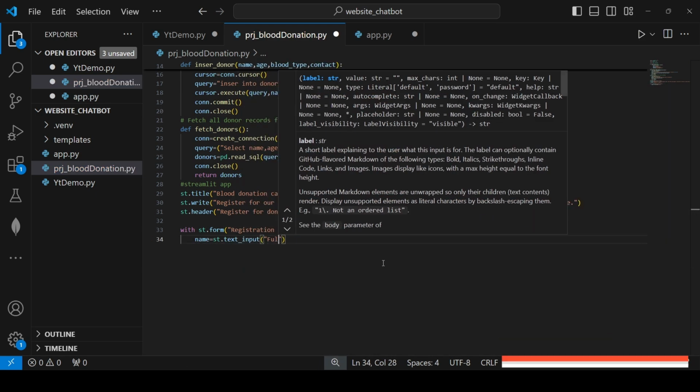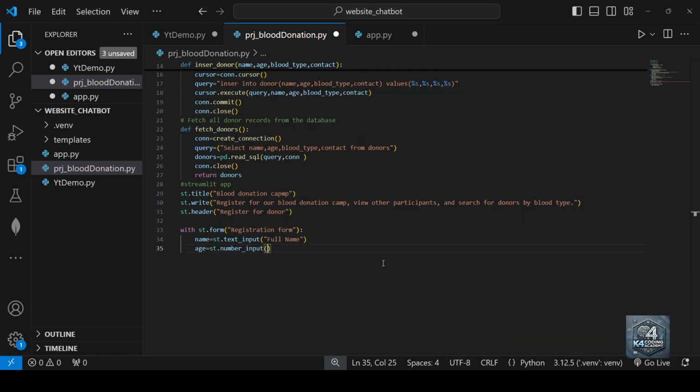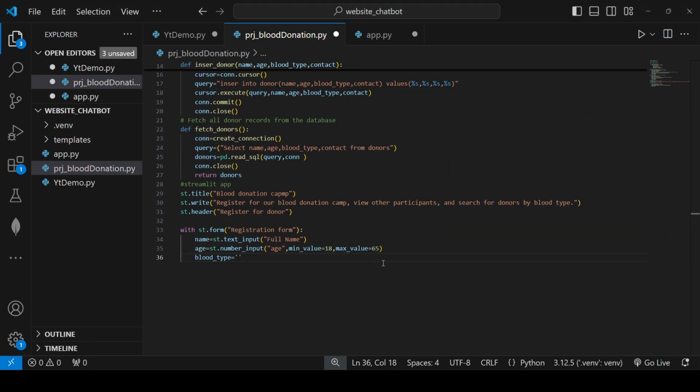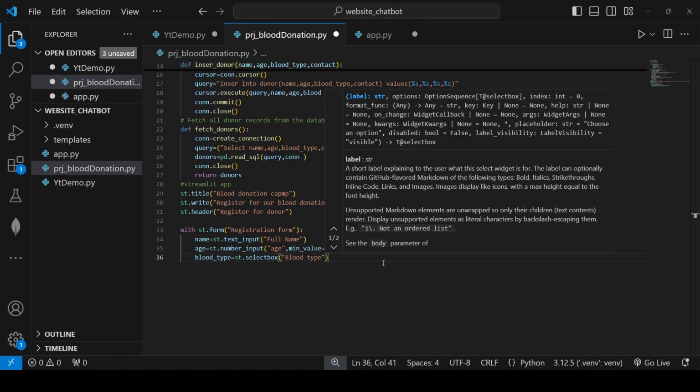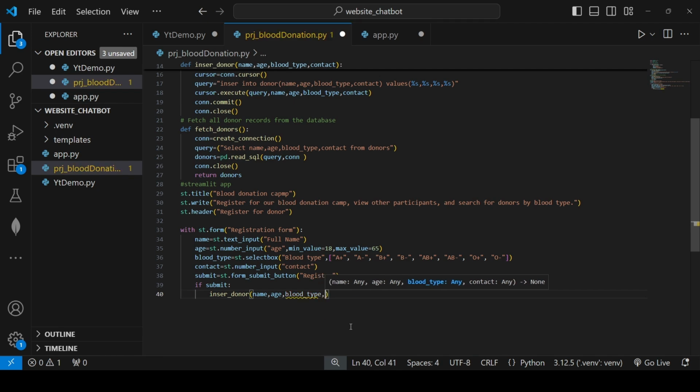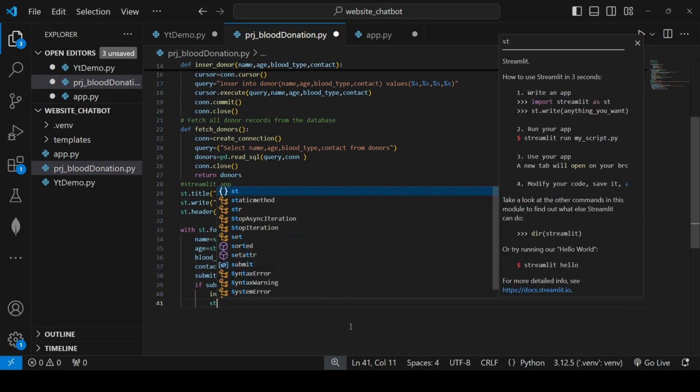Now let's design the UI and call the method to save the data. First, we will write a Streamlit form as a registration form. We will take text input for name, blood type, and contact, and for age we'll take number input with the validation of age between 18 to 65. At the end we'll place a submit button and call the insert_donor function to save the data in MySQL based on